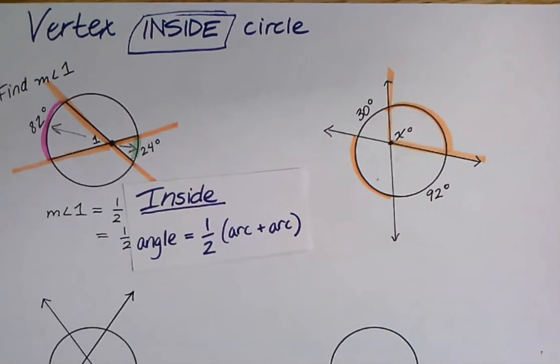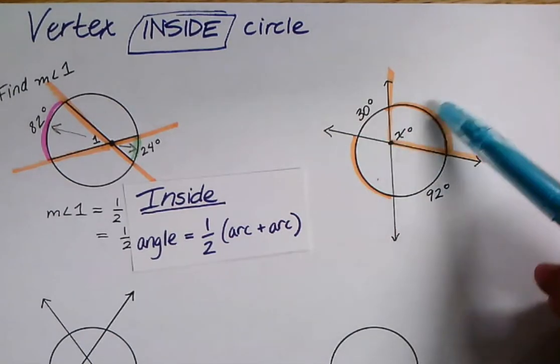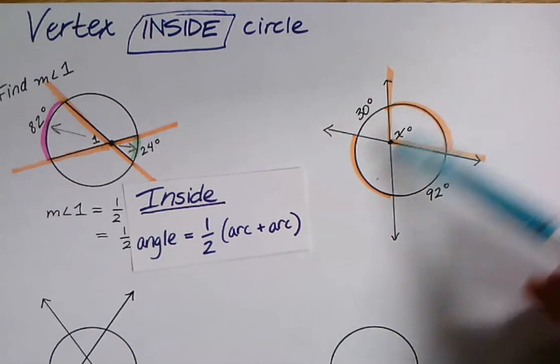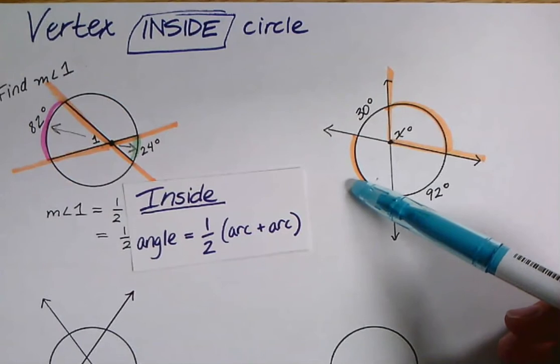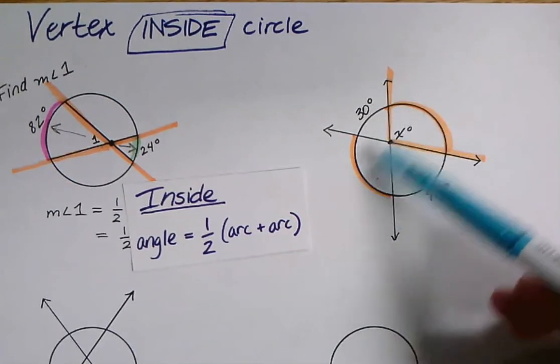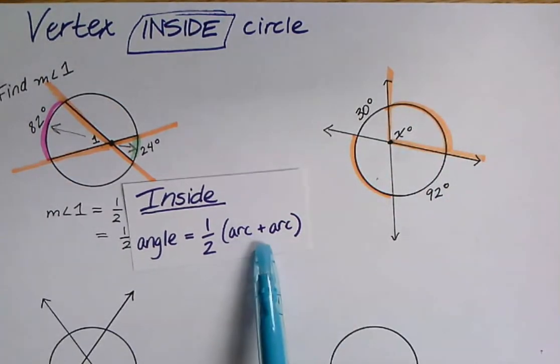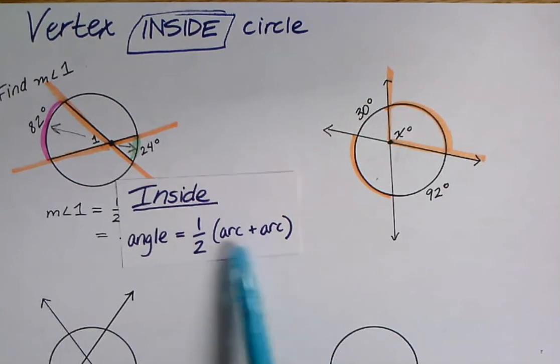This other way I want to look at it, I kind of think I favor it just because I think it's a little bit clever. All right, when you look at this, you think, oh, I don't know these two arcs. I have to find those two arcs. Like I need to know this one and I need to know this one. But no, you don't. You don't actually need to know individually the two arcs. Look at the formula. You need to know what they add up to so that you can take half of